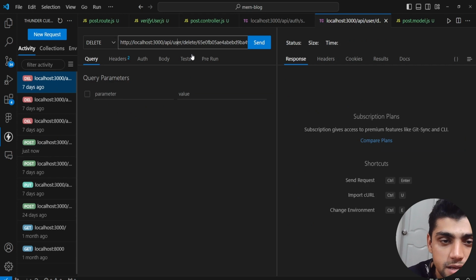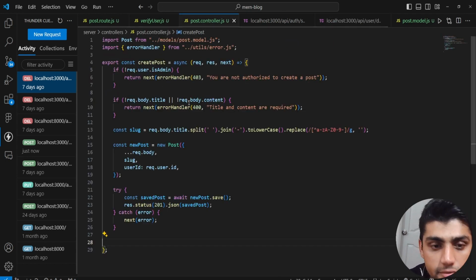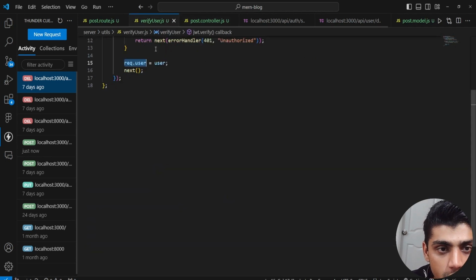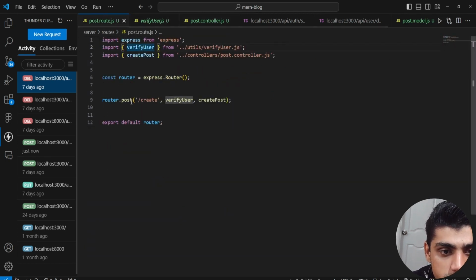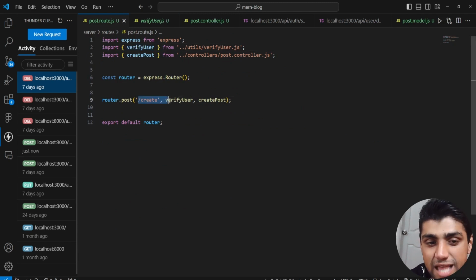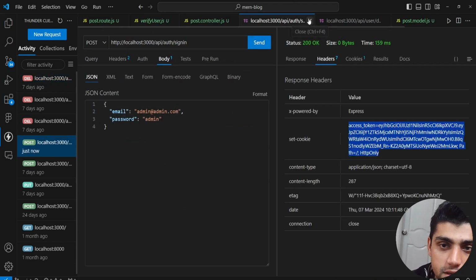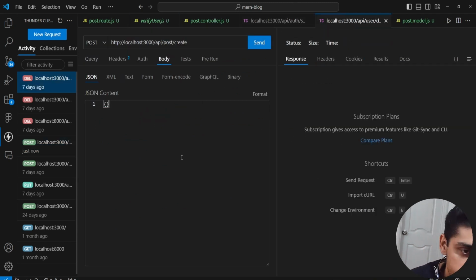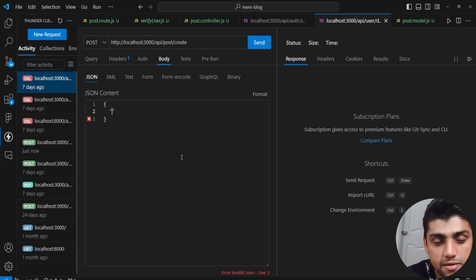So /api/post, right? Then we have /create, and over here what we have is the post method body. Okay, now if you look over here, remember we have /api/post and then /create, right? So this would be only for admins that could create posts. We need, the first thing is,